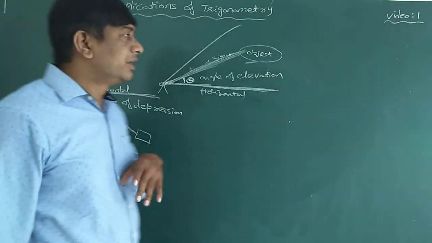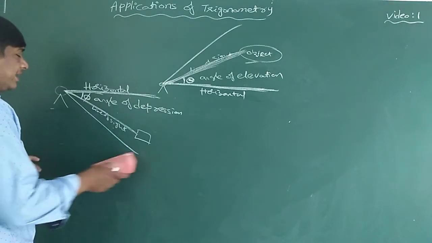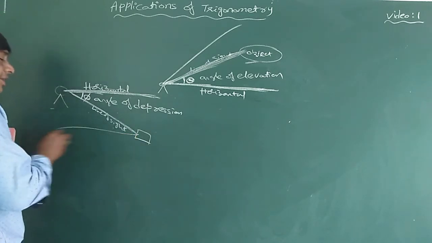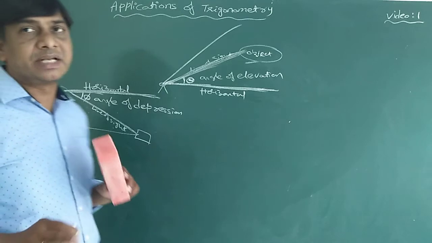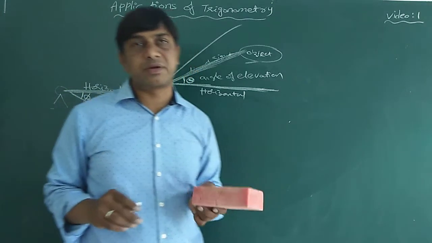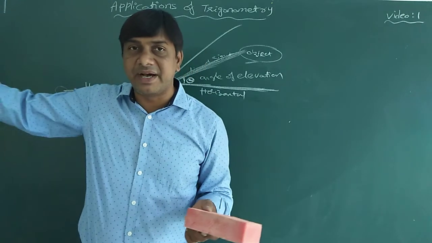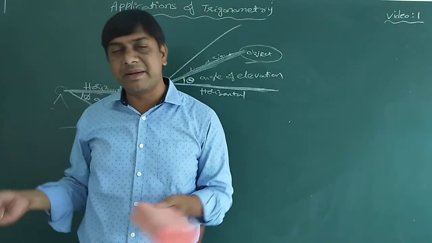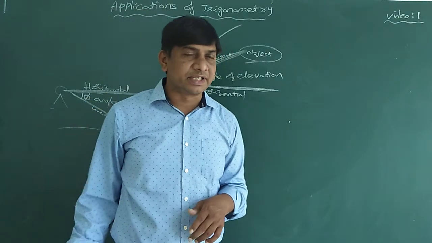So generally, in that case, for an angle of depression, immediately we will draw a line parallel to this horizontal line and convert it into an angle of elevation, and then do the simplification. With the direct angle of depression we don't have any solution. So we draw a parallel line to the horizontal line, convert the depression into an elevation, and apply the trigonometric functions.